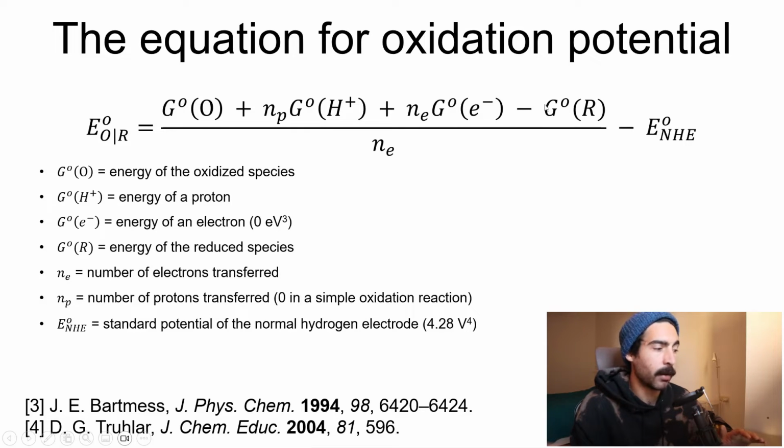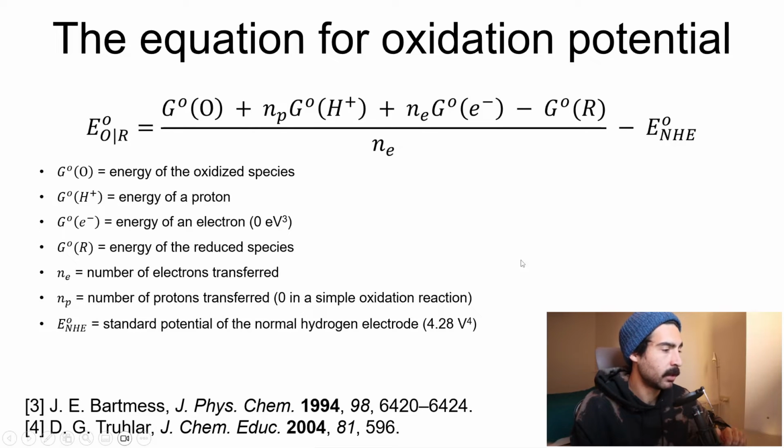This all gets divided by the number of electrons transferred and standardized to the normalized hydrogen electrode. Some things that make this equation a little bit easier are the definition of the electron, which tells us that the energy of the electron is 0 electron volts, and the number of protons transferred in an oxidation reaction is going to be 0. We can also see from the literature that this value for the normalized hydrogen electrode is